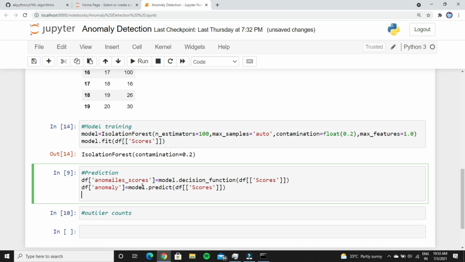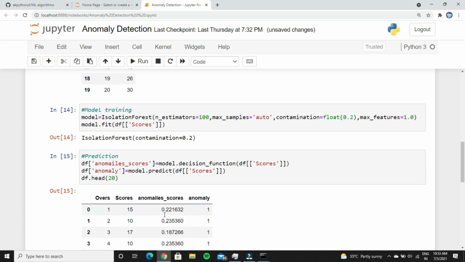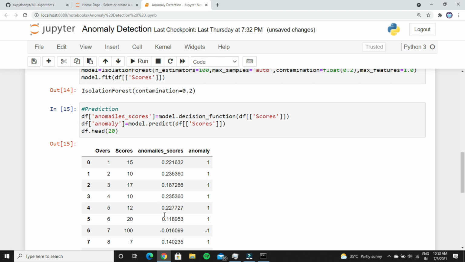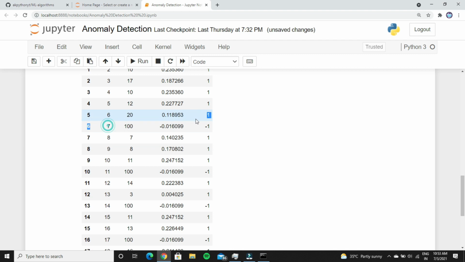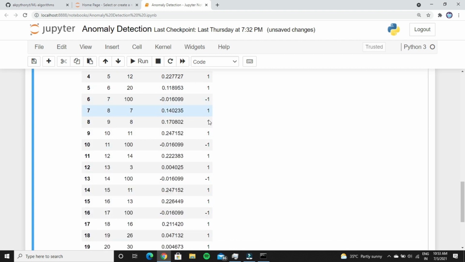So that's all. Let's check how it predicted the anomalies in our dataset. Now look at my data frame. Our model performs well and it predicted the data with some numerical values. The anomaly column contains the data of 1 and -1. 1 means our data is good data and -1 means it's bad data or outlier data. This is a proper way of checking the anomalies by using the isolation forest algorithm. There are so many ways to check the anomaly data. If I get enough time, I will definitely make videos using other approaches.